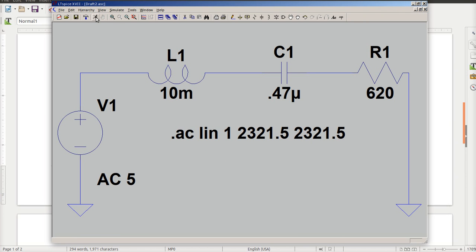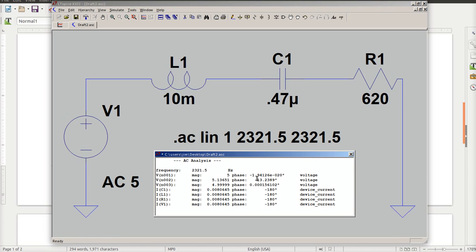So I click OK, I click run, and there's my analysis. My voltage at node 1, which this is node 1, is 5 angle 0, top line, minus 1.94 times 10 to the minus 20 is a 0. Then my voltage here between the capacitor and the inductor would read 5.14 at an angle of minus 13 degrees. And then my voltage on the other side of the capacitor between the capacitor and resistor is 4.99, which is essentially a 5,